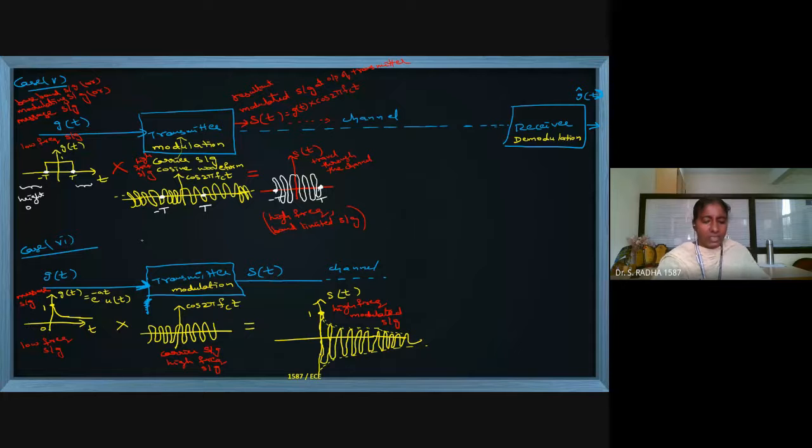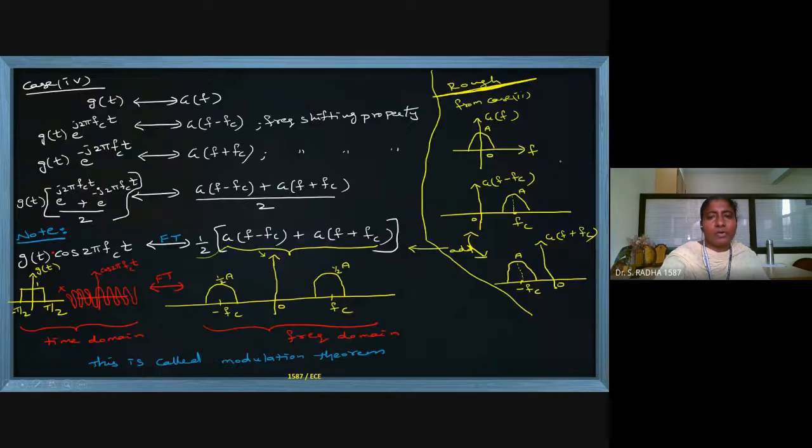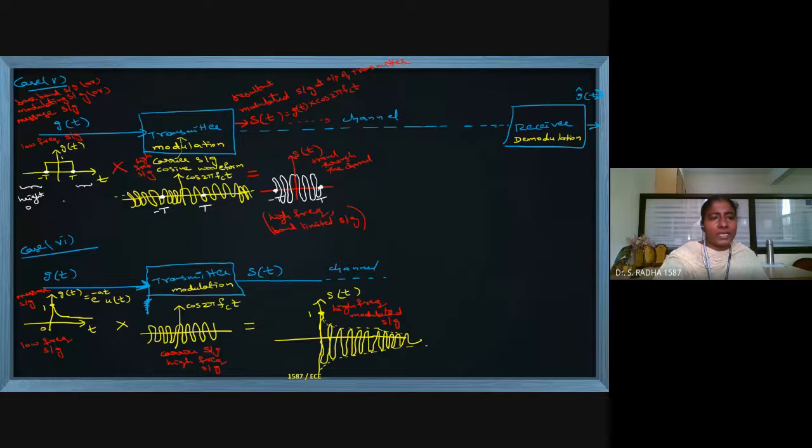Now I will go with the frequency domain representation. I already showed you this tick mark. You see the tick mark, the G of t diagram is there. And then the tick mark frequency domain. This is the frequency domain for the G of t rectangular signal. Now, if I apply Fourier transform, I will get G of f, and this is the frequency domain, and the diagram will be something like this.